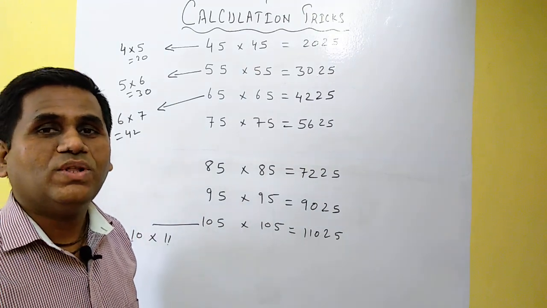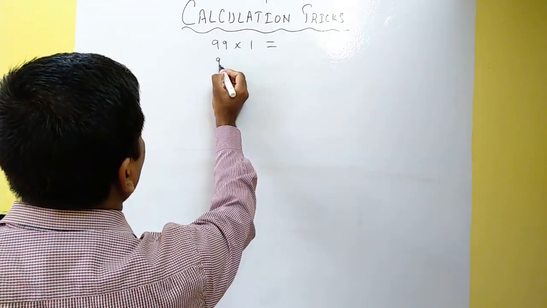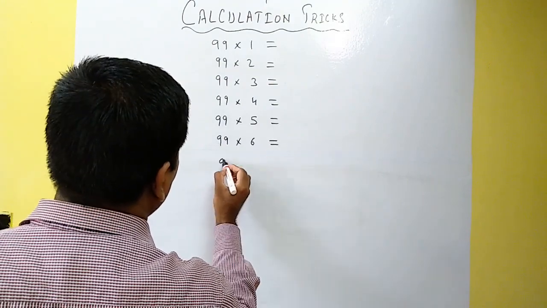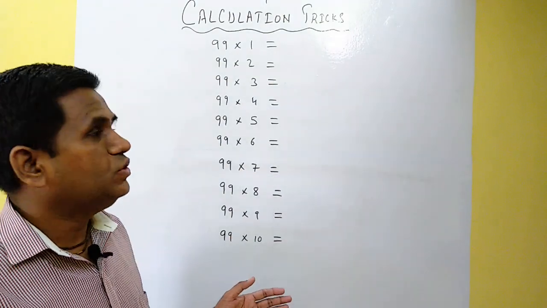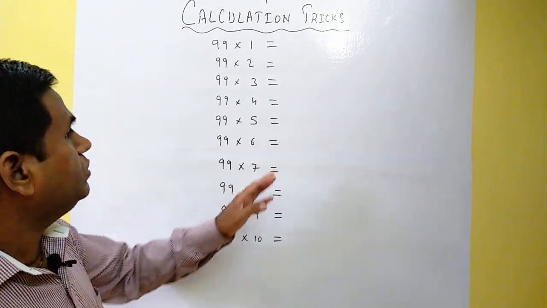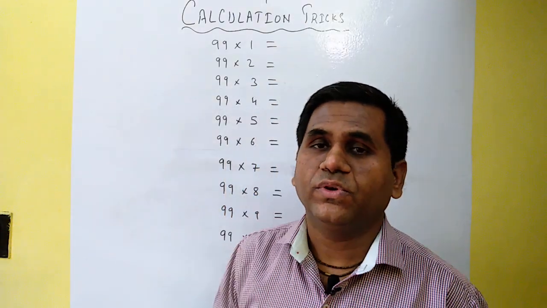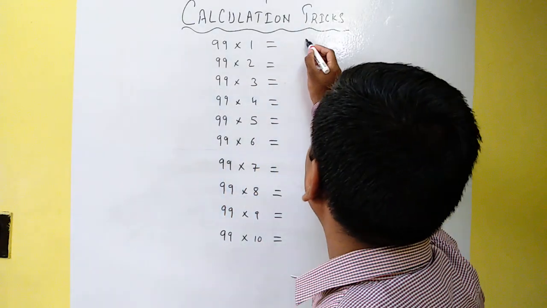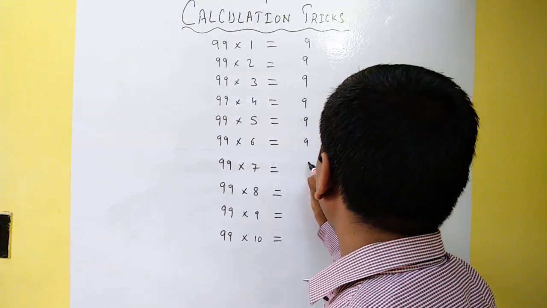Now let's move on to the last trick for this video, trick number 5. So friends, using our fifth trick, we are going to complete this table, which is the 99 table. Okay, so it's very simple and easy. I'll just write the answers. Hope you will follow with me. So first write 9 for each one of them.